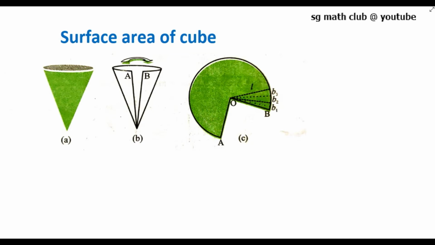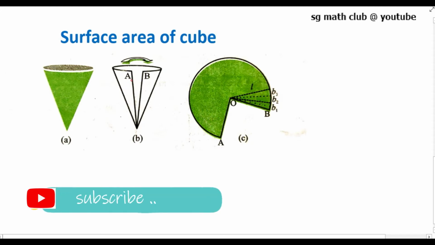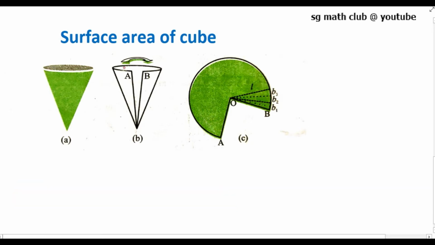Now let's find out the surface area of a cone. For that, take a cone made of paper. Now cut straight along its side. Then you can see a shape like this. It looks like a part of a round cake. If you bring the sides marked A and B at the tips together, you can see the curved portion will form the circular base of the cone. So when I cut the cone, I got a shape like this.